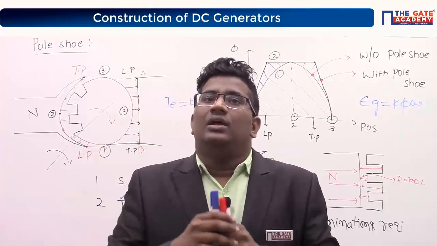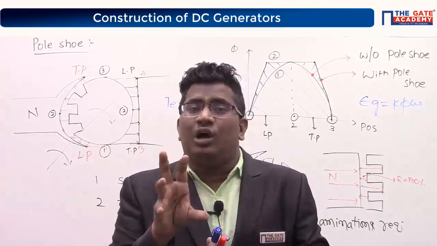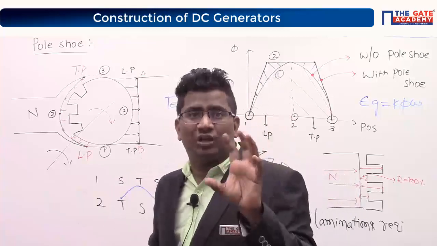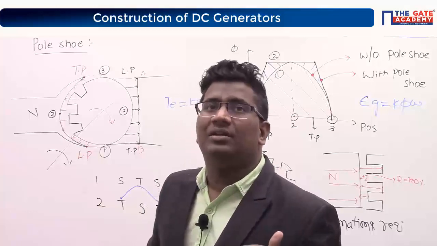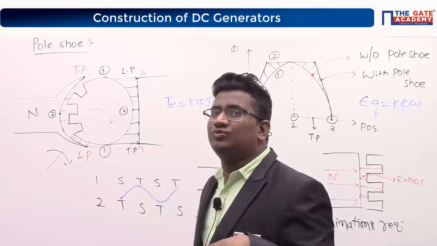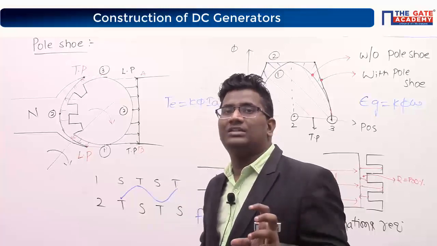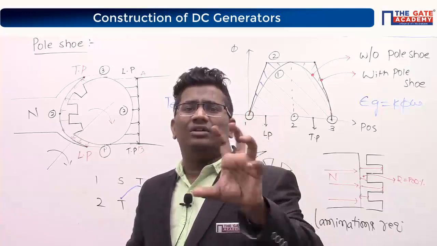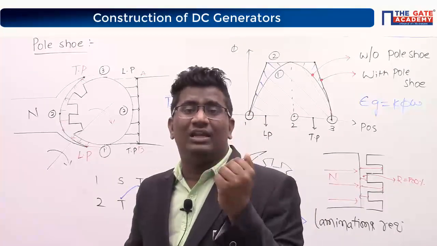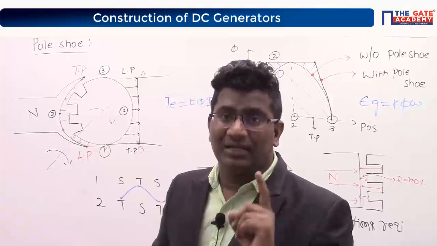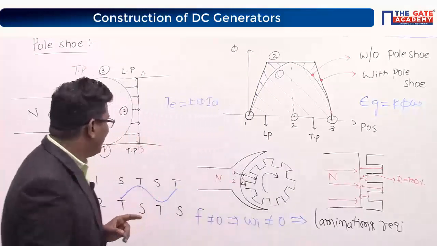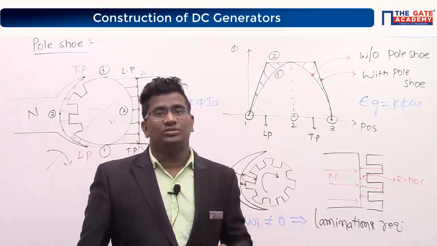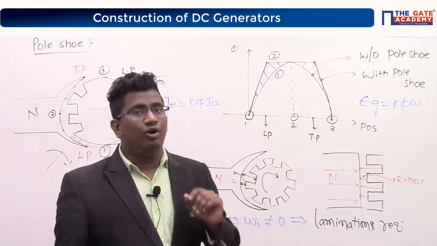Pulsating torque, is it a smooth operation? No, it is not a smooth operation. Therefore, your generator will always oscillate. But we require only a smooth operation. So for that, definitely you need to make these oscillations as low as possible by using suitable laminations. I hope it is clear, everybody.